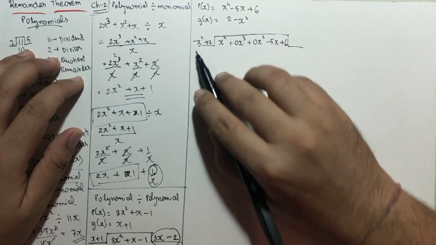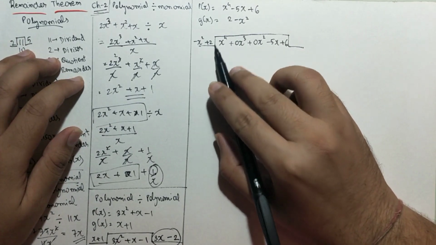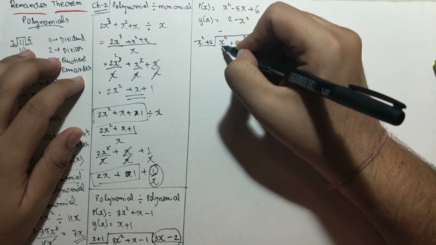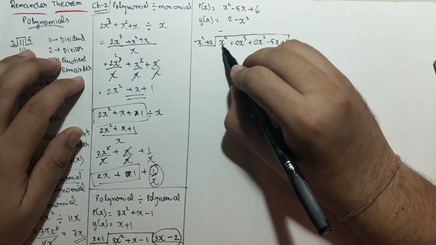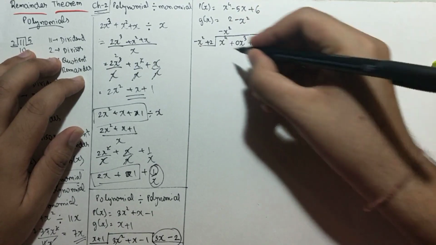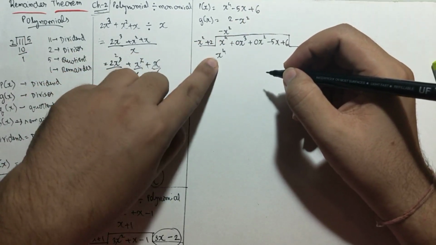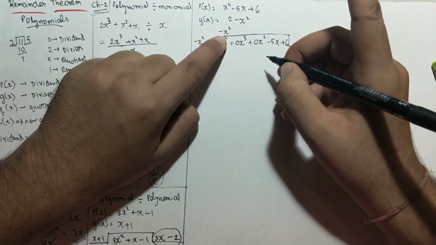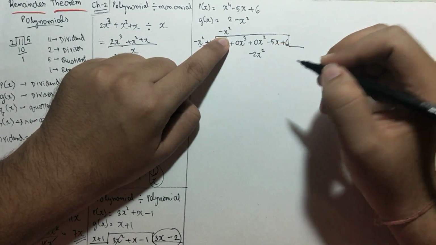Now this minus x square. By what should we multiply this minus x square? So it becomes plus x raised to 4. So we will multiply it with minus, because minus and minus will become plus. So first we have multiplied with minus. Now x square should be multiplied with which term to become x raised to 4? So we will multiply with minus x square. If I multiply with minus x square, this will become plus x raised to 4, minus minus plus. Now plus 2 into minus x square, that is minus 2x square. So it should come below the x square term, that is minus 2x square.